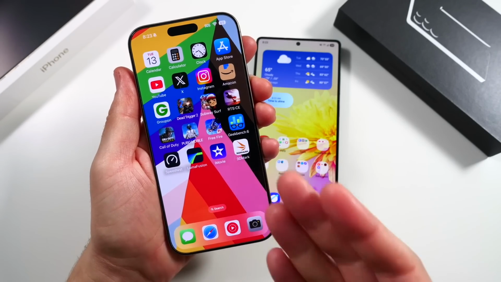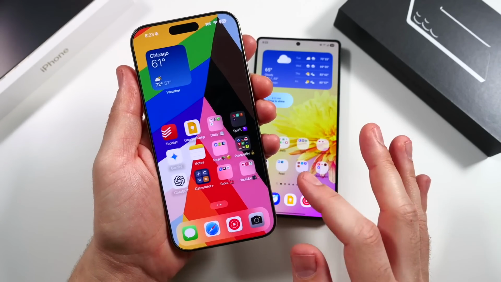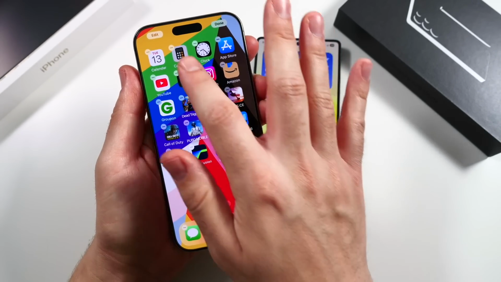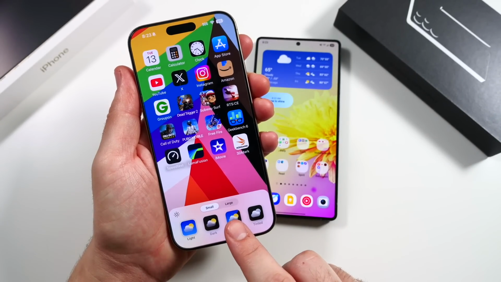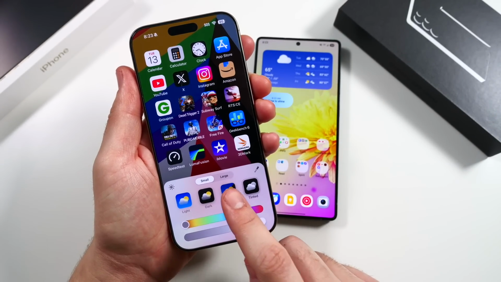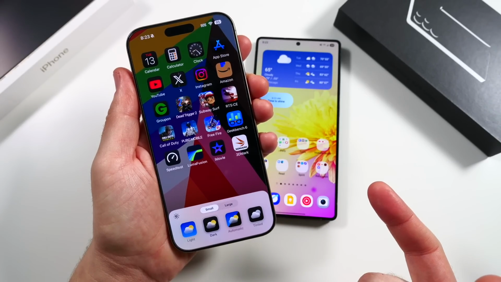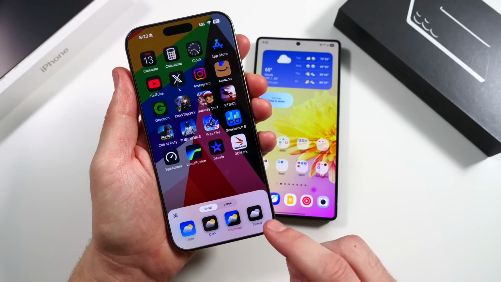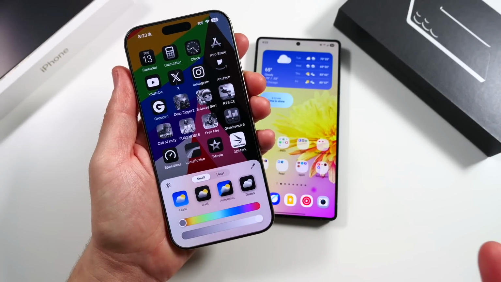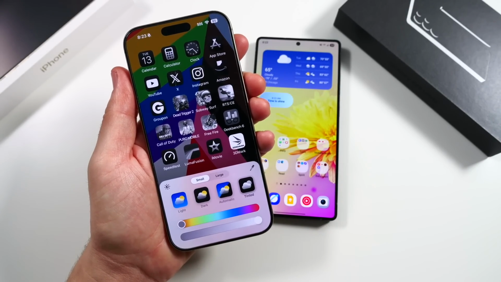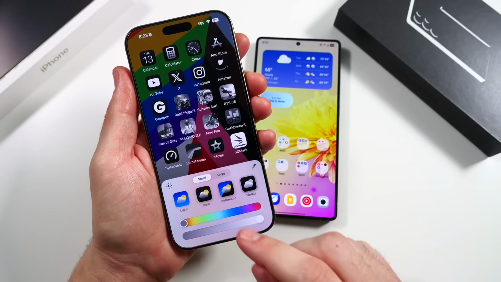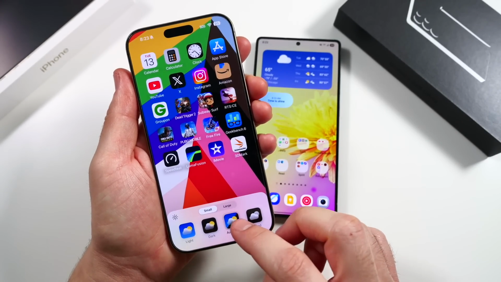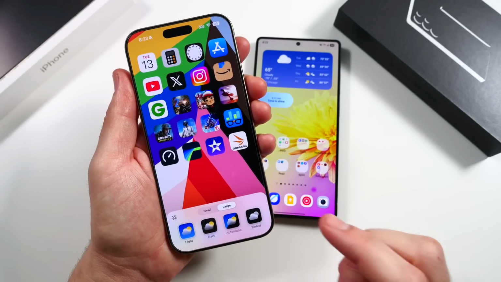I do have it looking kind of basic here on my home screen, but you pretty much know by now that you can just go to edit and customize your home screen in different colors. Let me know your thoughts about the dark mode icons for iOS. Do you appreciate them? Do you like the tinted mode? One thing I don't like about iOS's tinted mode, personally, is that it's all dark icons. I want to see a light tinted mode. That would be nice. But you can put it on automatic, and then you can make the